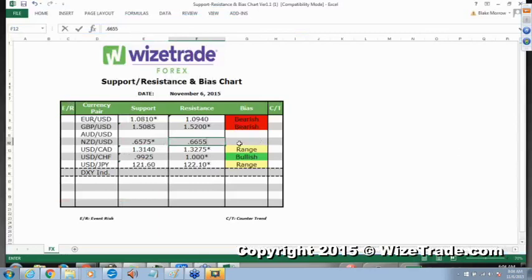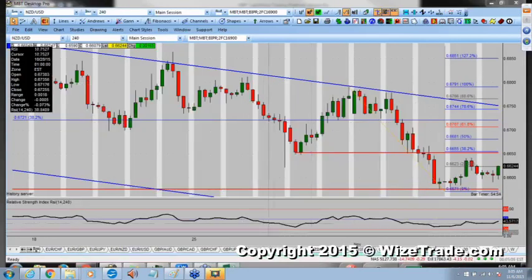0.6655. We are in a range environment, but I'm bearish to the Kiwi. If you guys haven't figured that out already, I'm extremely bearish to the Kiwi. All right, let's go over